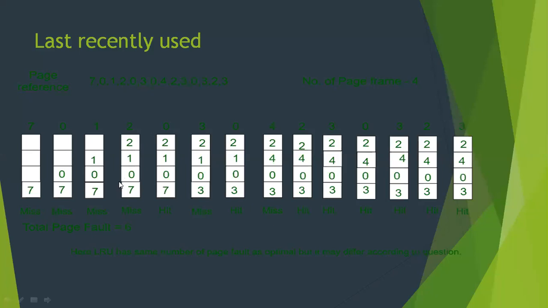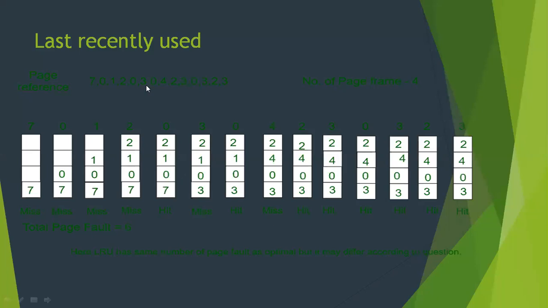So here 4 page faults occur. Then 0 comes. We check whether it is a page fault or a page hit. 0 is already present in the memory.